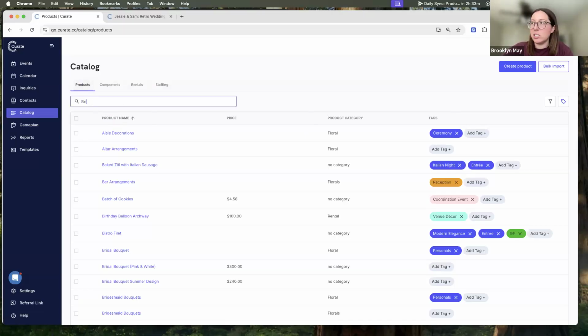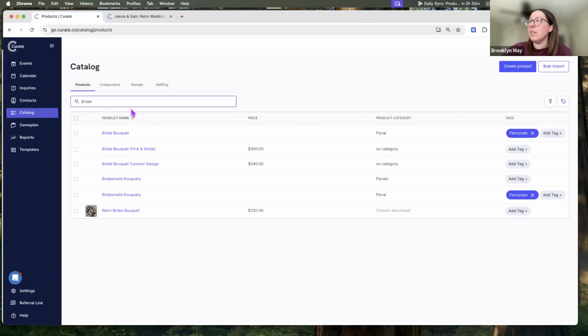Say we want to search for bridal. You'll see that the first few results have bridal in them exactly. But you'll notice that we have some kind of related searches, and this goes into my next update that I wanted to show. You might be wondering why our bridesmaids bouquets are showing. Yes, typically those are associated to a bridal bouquet, but the reason that it's pulling through the search is because